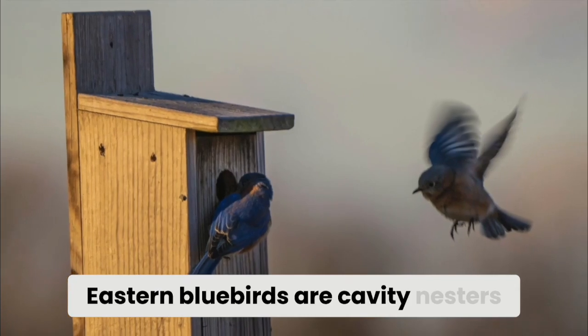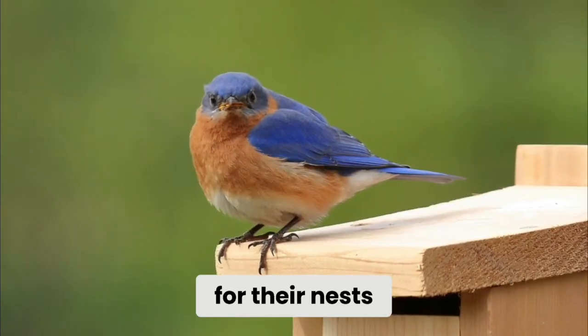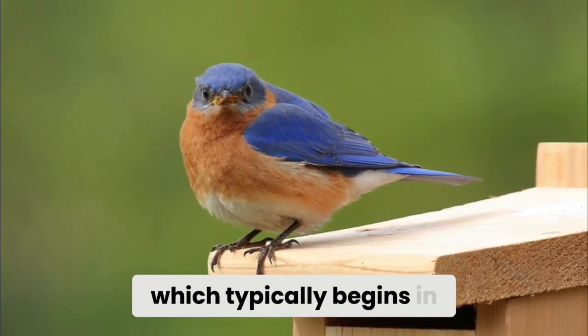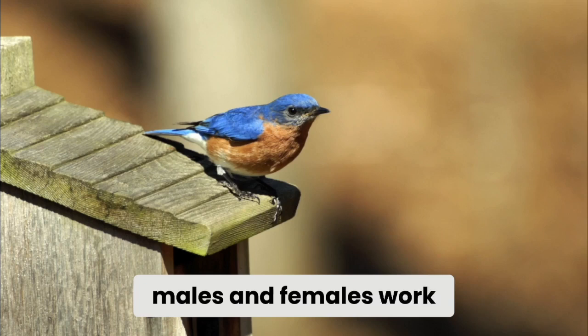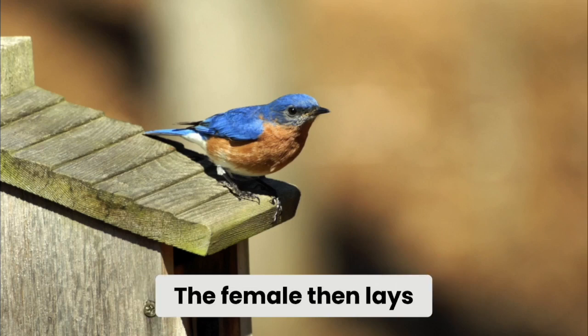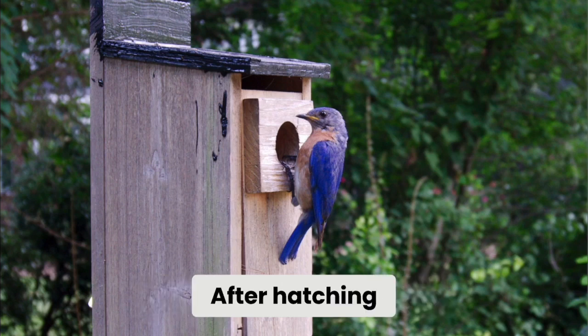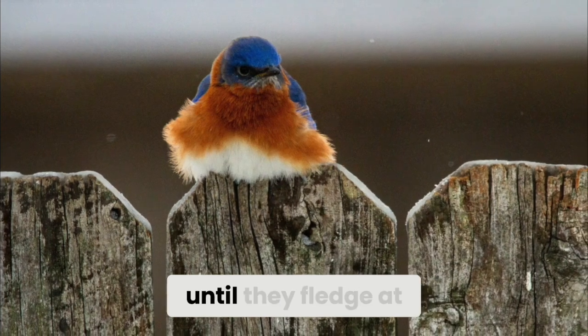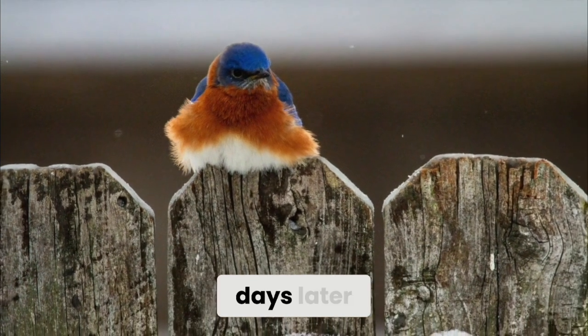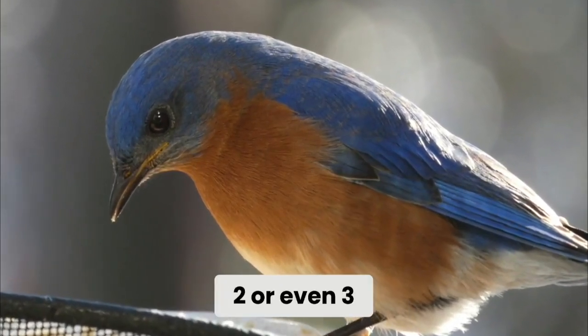Eastern bluebirds are cavity nesters, meaning they rely on pre-existing holes or birdhouses for their nests. During the breeding season, which typically begins in early spring, males and females work together to build a nest of grass, pine needles, and other soft materials. The female then lays 4 to 5 pale blue eggs, which she incubates for about 2 weeks. After hatching, both parents take part in feeding the young until they fledge at about 18 to 21 days later. Bluebirds are known for being diligent parents and may raise up to 2 or even 3 broods in a single